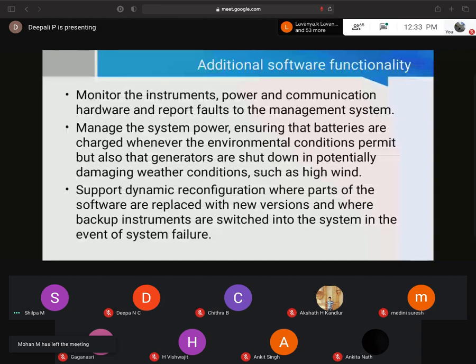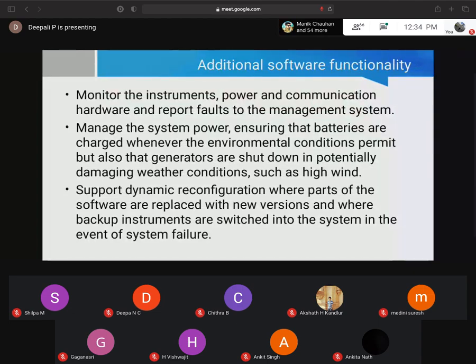Additional software functionality of the weather station system: monitor the instruments, power and communication hardware, and report faults to the management system. Manage the system power, ensuring that batteries are charged whenever the environmental conditions permit, but also that the generators are shut down in potentially damaging weather conditions such as high wind.